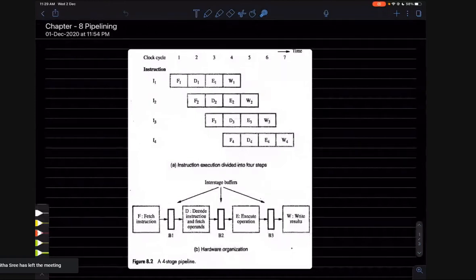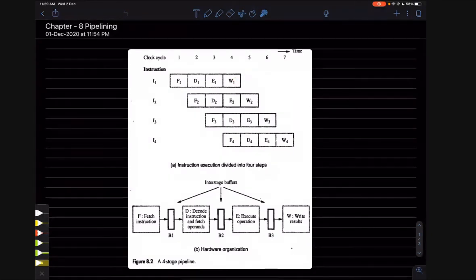If you remember what pipelining is, there is a fetch stage, a decode stage, an execution phase, and a write back phase. Fetch means instruction fetch, decode means decode the instruction, execute means execute that instruction, and W means write the data produced by this instruction. If any result is produced, write it to the register.